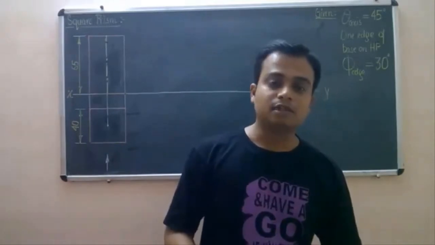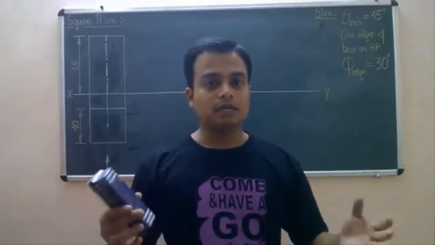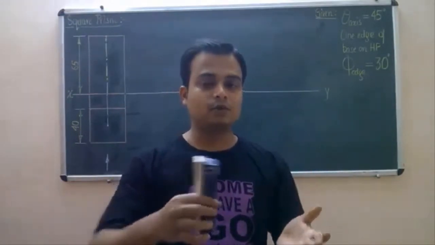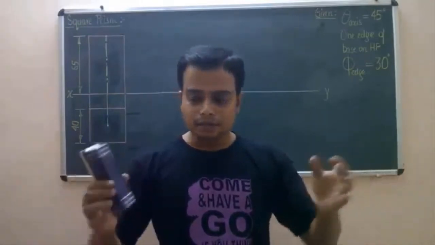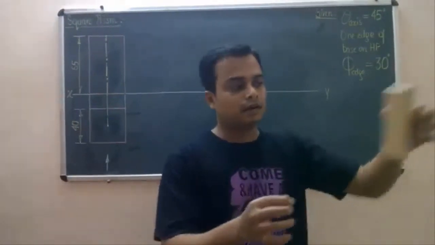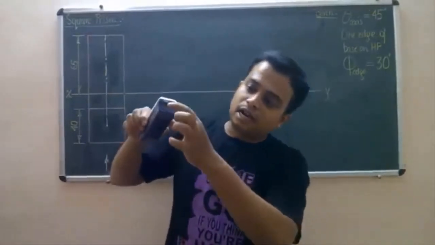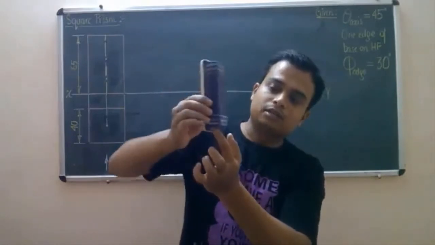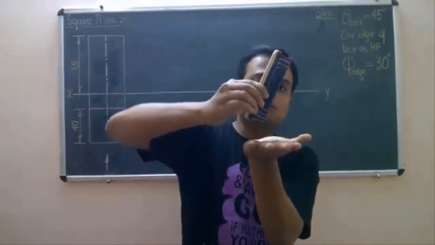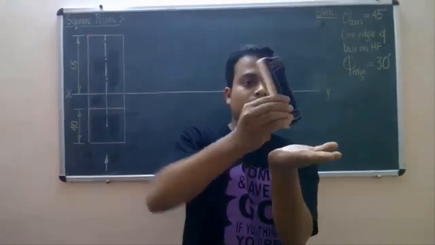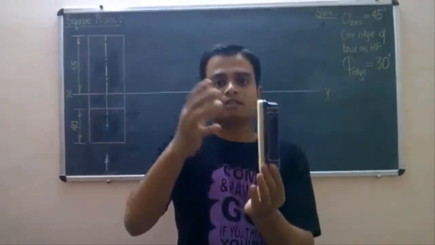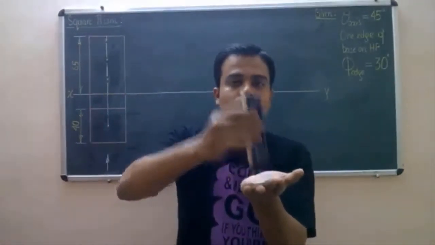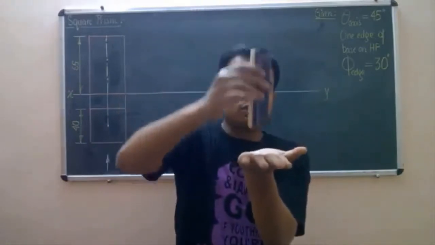Now, if you have seen my previous lectures, then you would know the initial position, how to place a solid initially when the axis is inclined to HP or when the axis is inclined to VP. In this case, what we have been told is that the axis will start from the center of this top till the end of this base. Okay, this is the axis. Axis is actually inclined to the horizontal plane. Either you can incline it this way or this way. Okay, so whenever the axis is inclined to HP, what you are supposed to do is put that solid resting with its base on the horizontal plane.